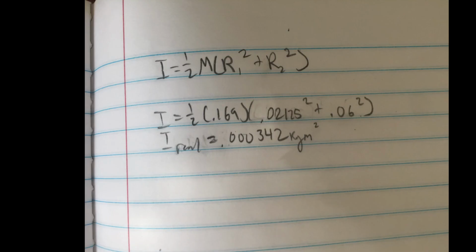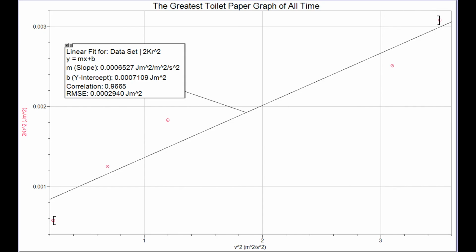By plugging in the numbers, we see that the real moment of inertia of this toilet paper roll is equal to 0.000342 kilograms meters squared. So comparing this back to our graph,